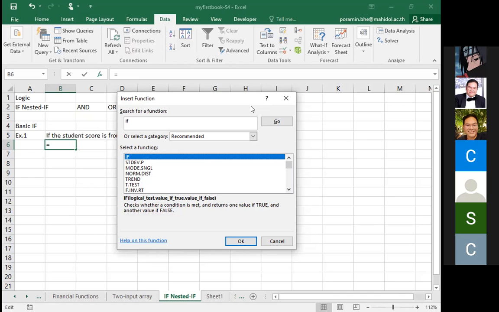Let's see the syntax of the if function. If, open parenthesis, followed by logical test. Logical test is the condition that you want to test, for checking whether it's true or false. Comma, value if true: specify what value, what text, what calculation you want to do if the condition after testing is true. Comma, value if false: similar to value if true, you can enter text, number, or calculation